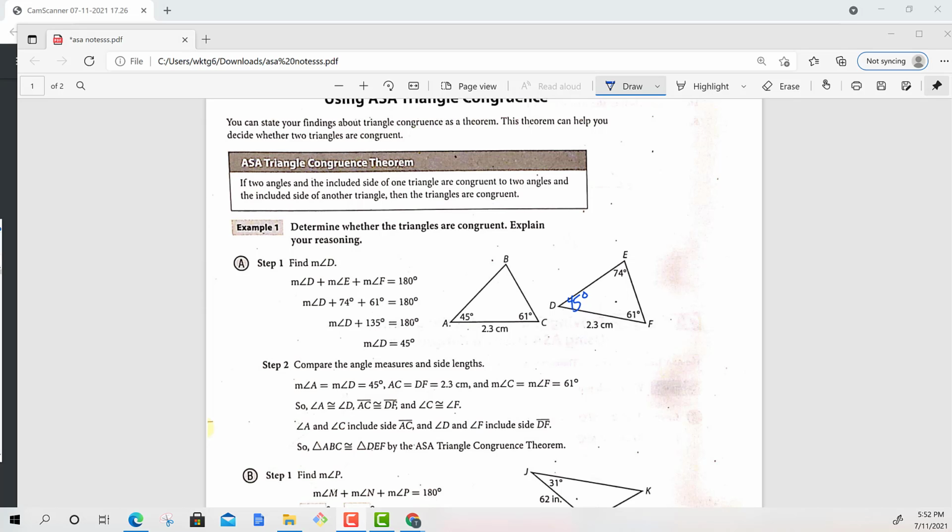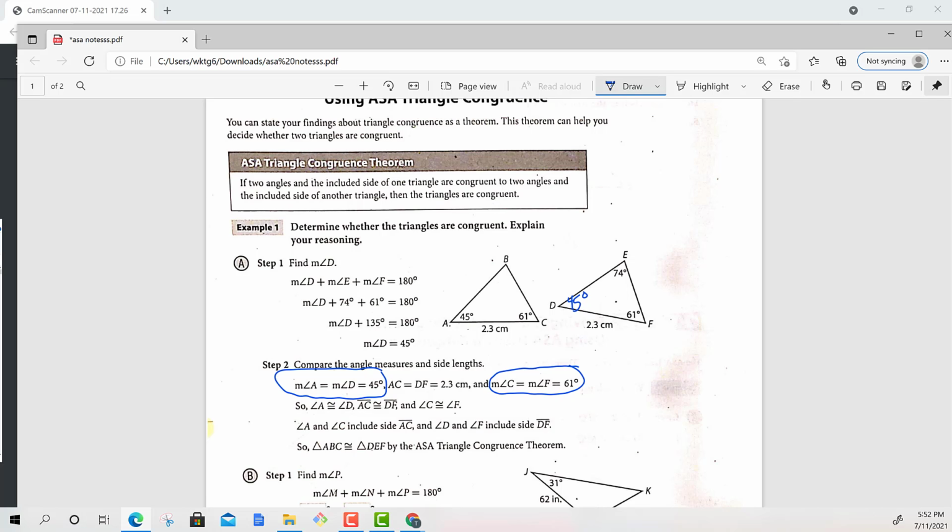That's step two in this problem. It says compare the angle measures and side lengths. We see that the measure of angle A is equal to the measure of angle D. They're both 45 degrees. We also see the measure of angle C and the measure of angle F are both 61 degrees. Now the key part for angle, side, angle to work is the side in question has to